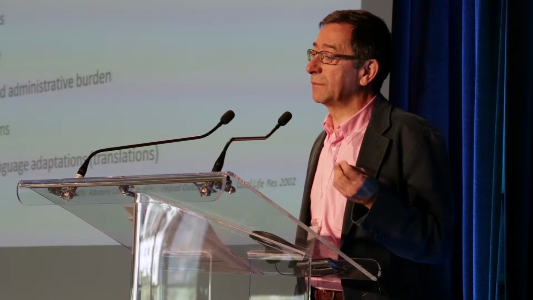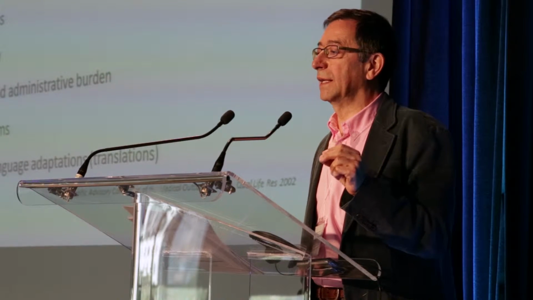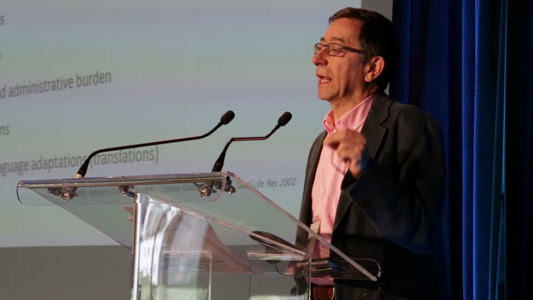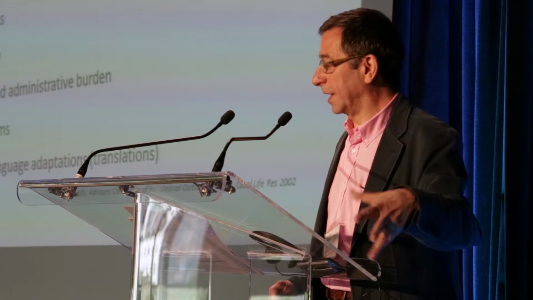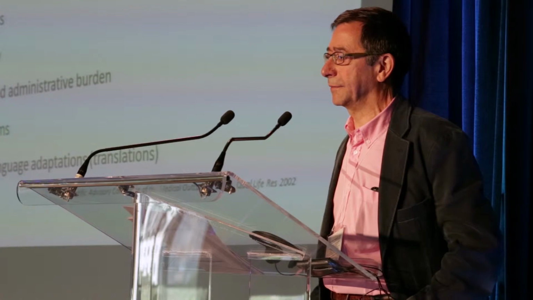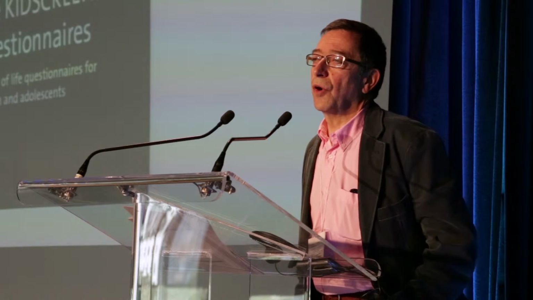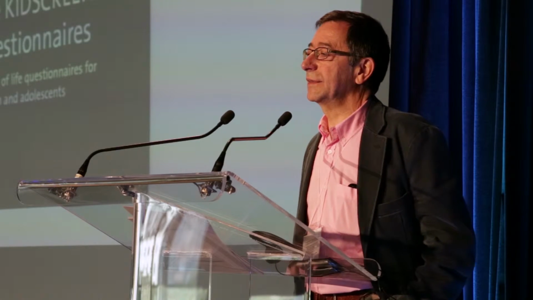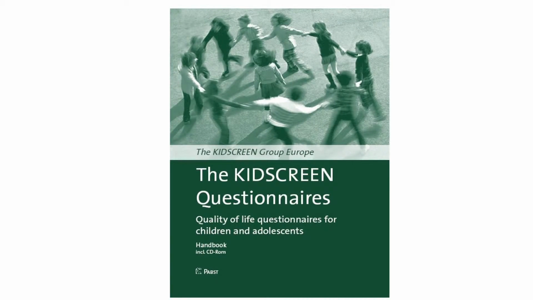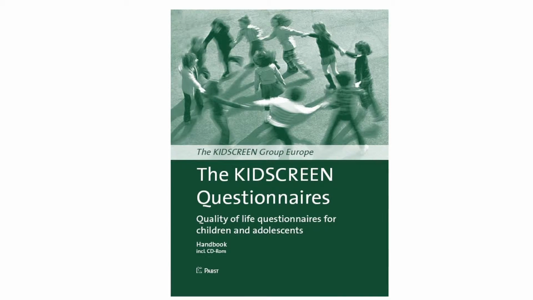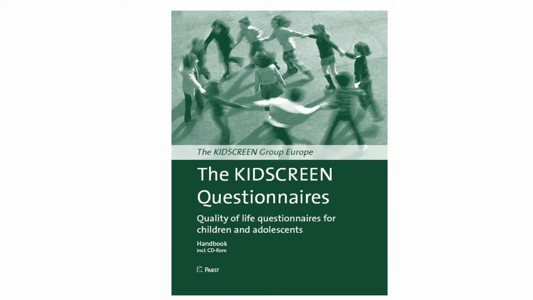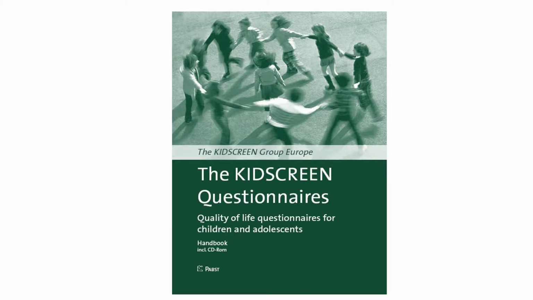Other aspects are respondent and administrative burden, alternative forms, and also it is important that the instrument is culturally and language adapted to the population we are analyzing. One of the worldwide used instruments is called the KIDSCREEN. The KIDSCREEN was developed simultaneously in 13 European countries, and according to classical and modern psychometric theory, there is a set of instruments from KIDSCREEN.